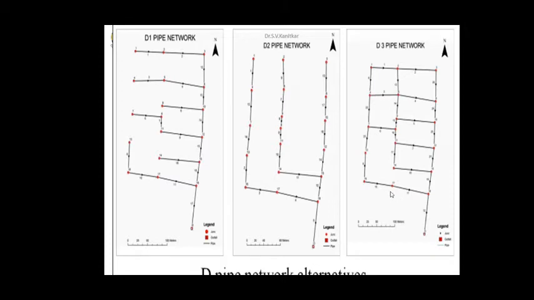Once you get that, then again for individual layouts you have different velocity criteria, diameter criteria, depth criteria, partial depths, that is d by D ratios. So based on all those parameters you have a number of solutions, and when there are a number of solutions, you have to optimize and find out which becomes your research topic. So this is all about how geoinformatics can be used in design of storm drainage network.